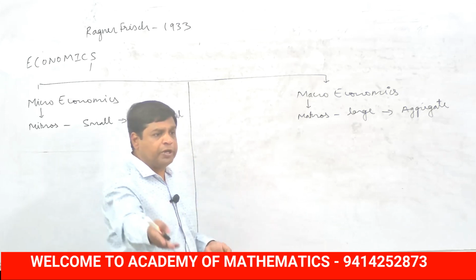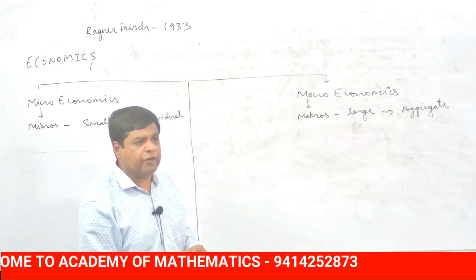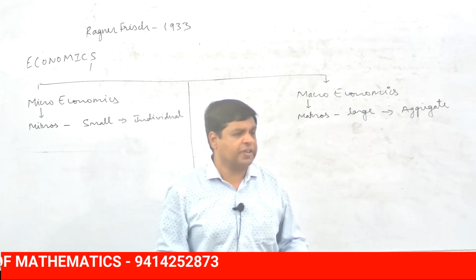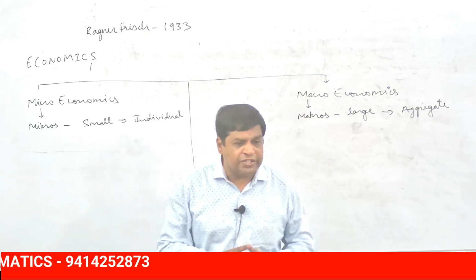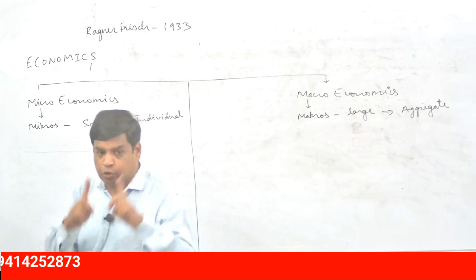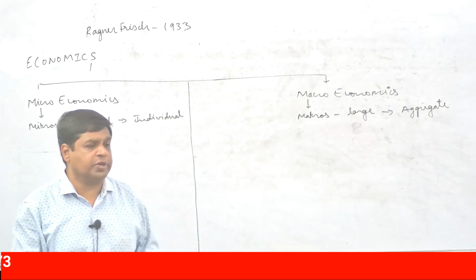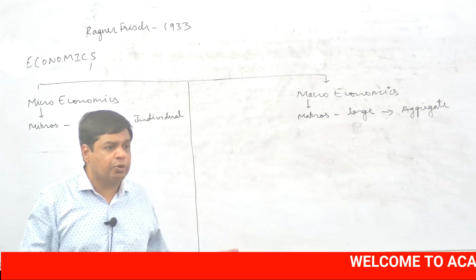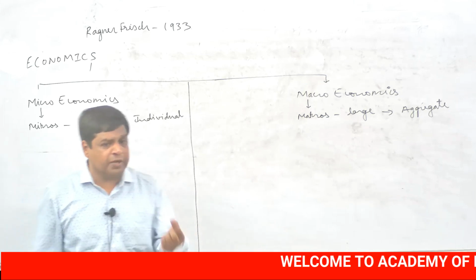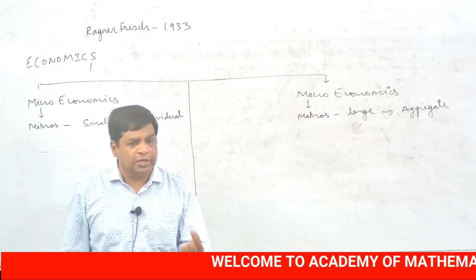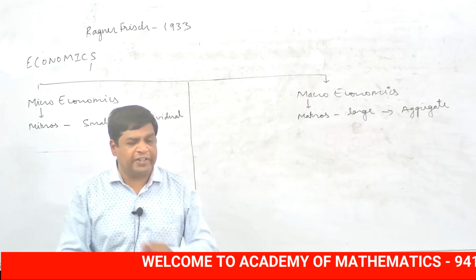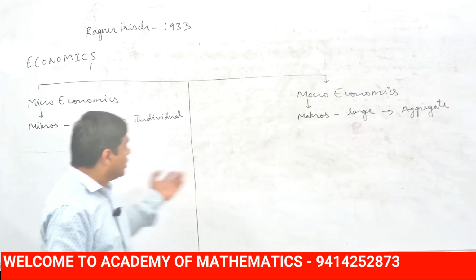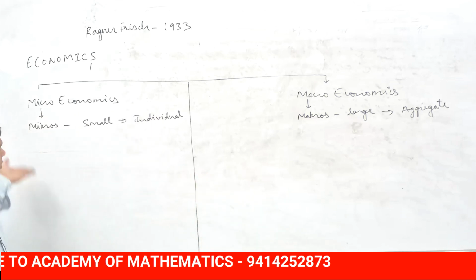If I study a particular student in a class, it's area of concern of microeconomics. If I take all the students of the class, it's macroeconomics. If I study a particular class at the school level, it's microeconomics. But if I take all the classes, it will be considered macroeconomics. If I discuss one particular school in Ajmer, it's microeconomics. But if I take all the schools, then it will be considered macroeconomics. So this is the meaning of the word micro and macro.